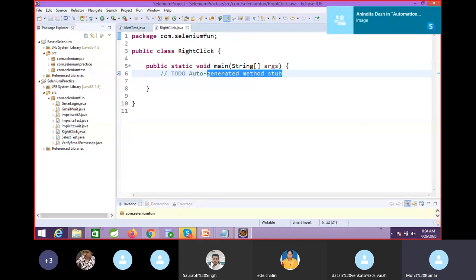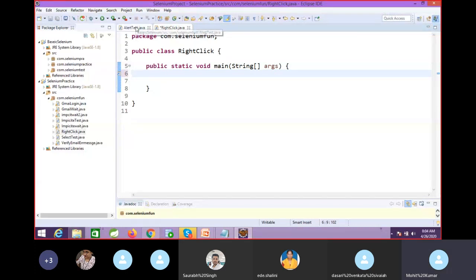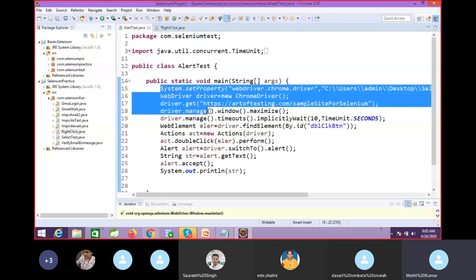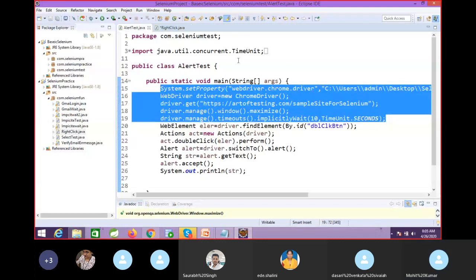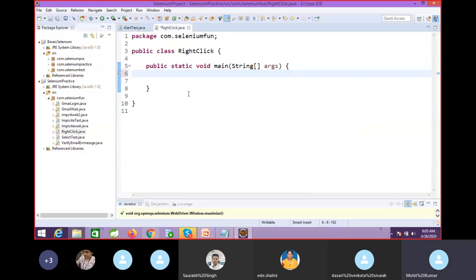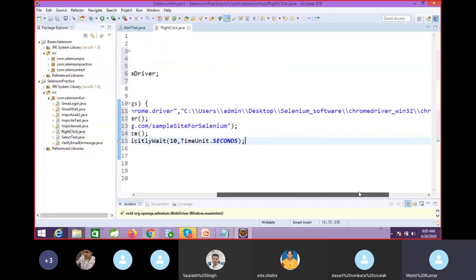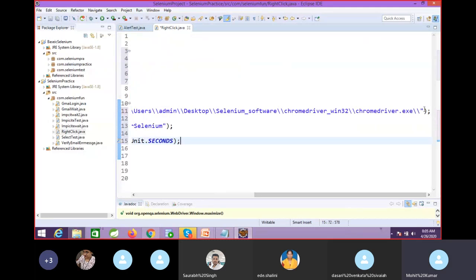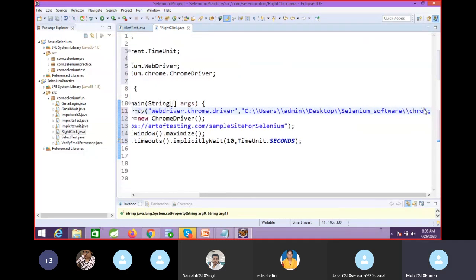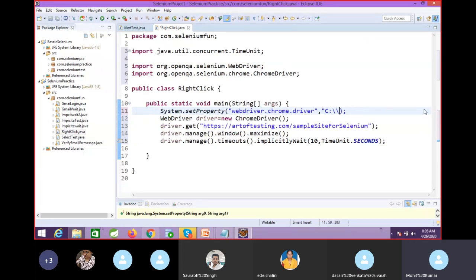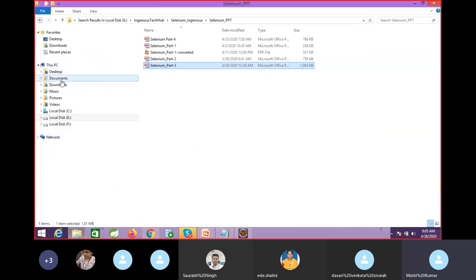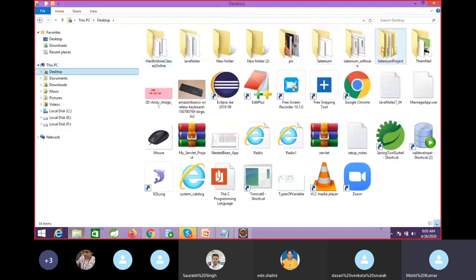So here, just I'm going to copy these common steps. This is our common steps, so the common steps will be copied. I think I changed this WebDriver. This is not working. Okay, the old one. So I just downloaded the latest one, like version 80. Sometimes what happens, it will corrupt. Okay, so we have one here.